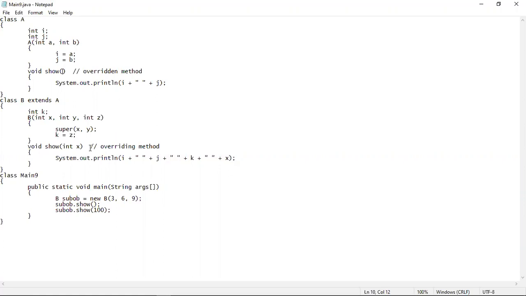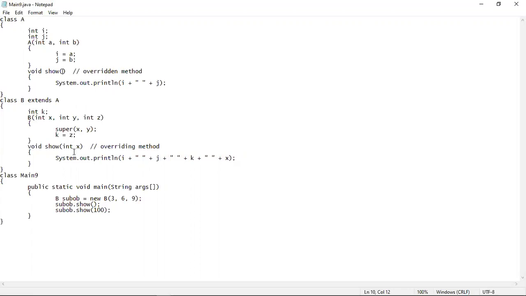So till now you have learned the concept of method overloading: the names of the methods should be the same, but the return types and/or the parameters of the methods should be different. And there was another rule of method overloading, which was that all the methods should be in the same class. But today you have learned that although the two methods are in two different classes, where one class is the superclass and one class is the subclass, then also method overloading will take place.